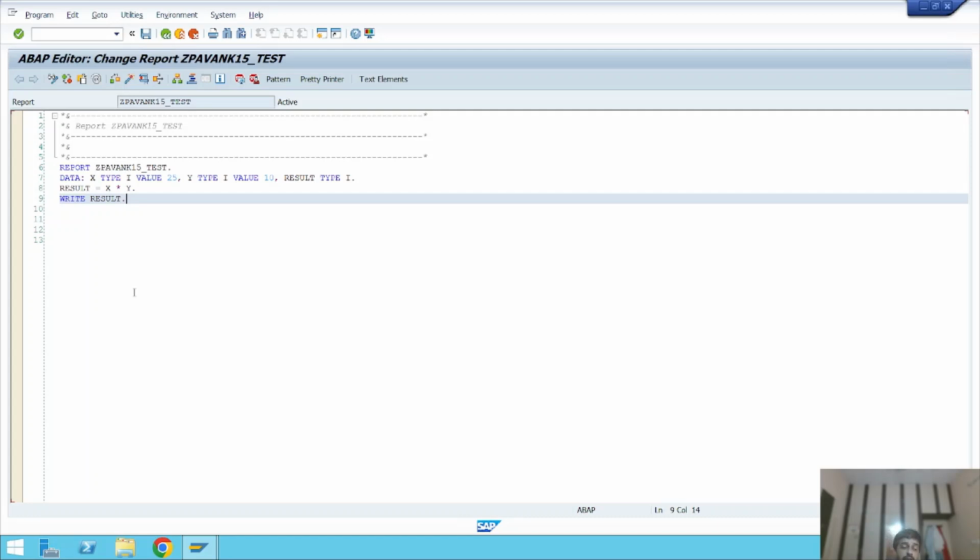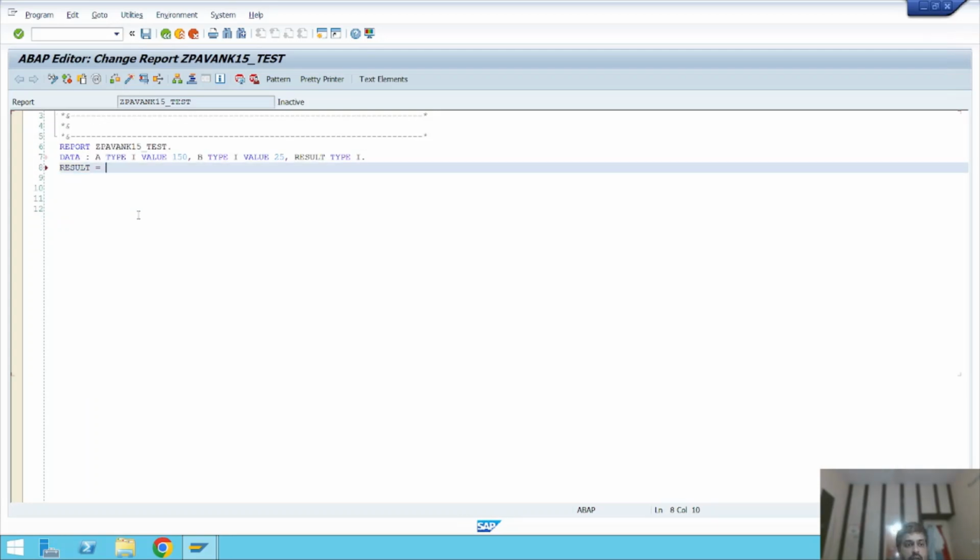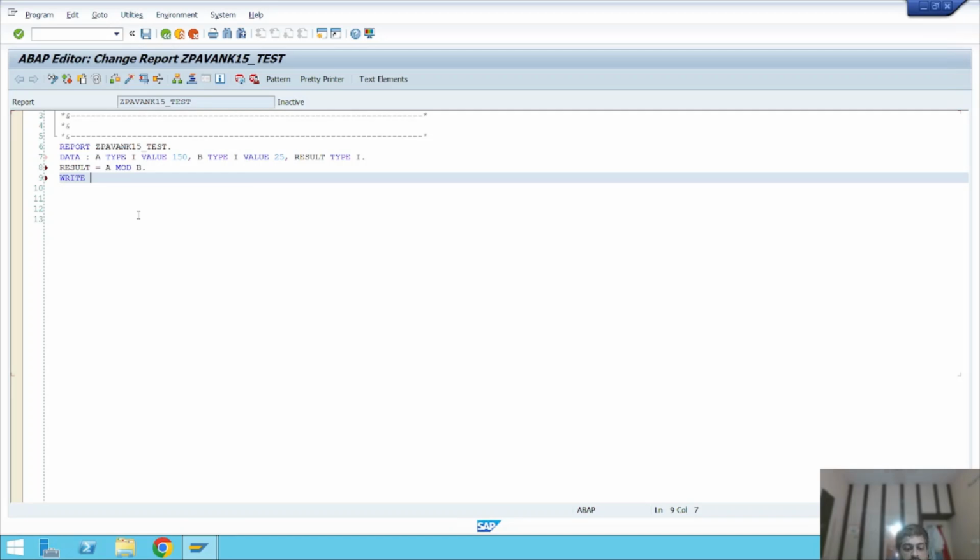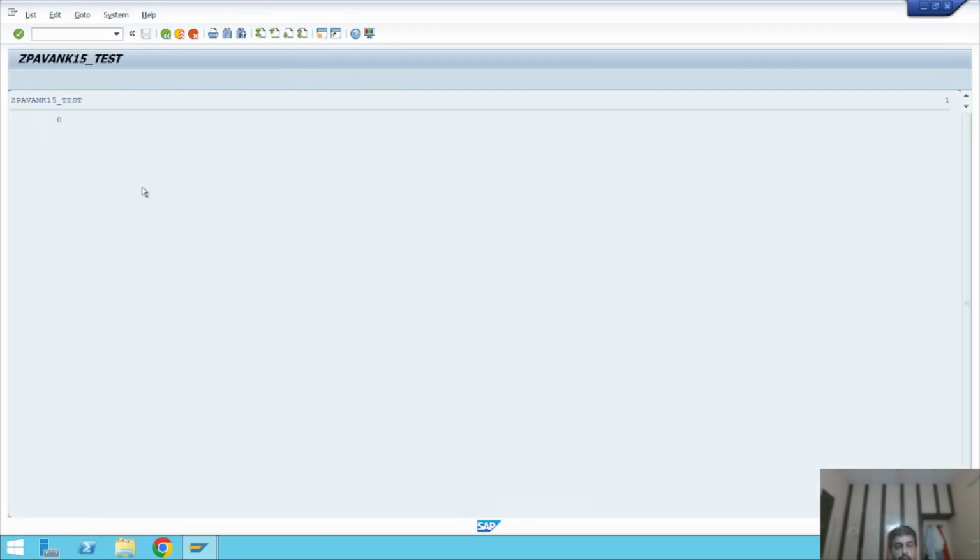And now we'll try to perform the modulus also. Suppose I want a mod b, which means result is equal to a mod b. Finally we'll write the result. Okay, so now we'll save it, check if there is any kind of error, activate it, and run the program. Okay, so a mod b is